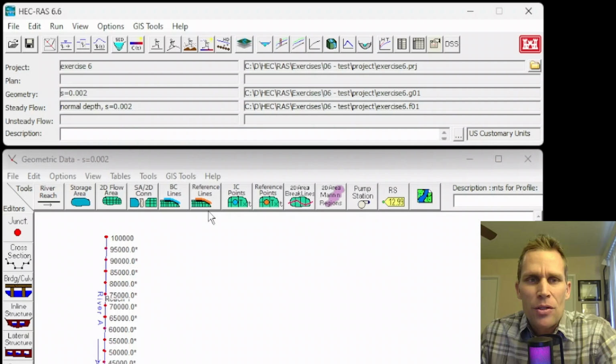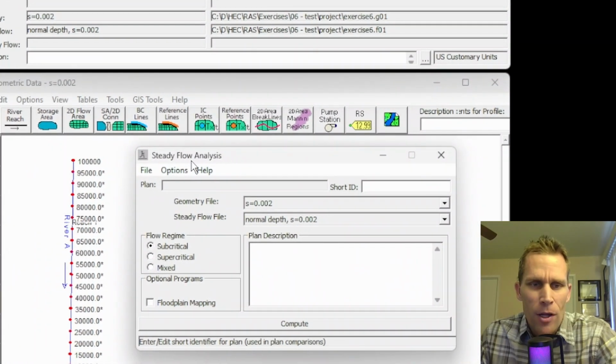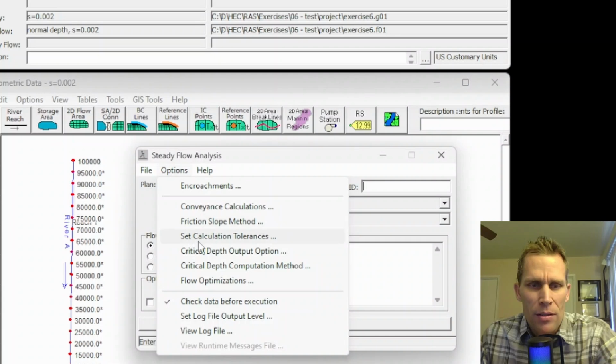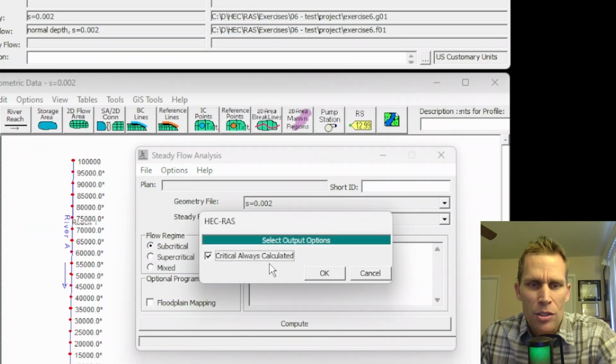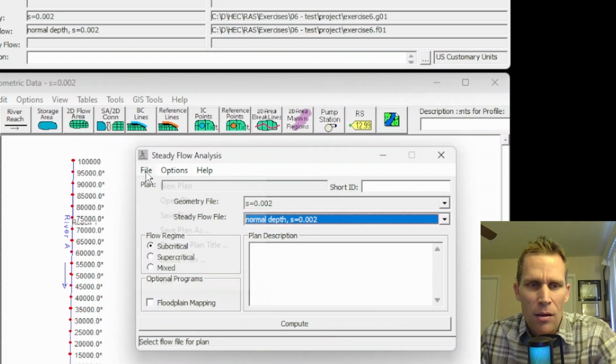Now I'm going to go ahead and actually run the simulation. So click on the steady state simulation, steady flow analysis. One thing I want to do is calculate the critical depth. So I'll check that checkbox on. And now with the geometry file and the steady flow file already selected, all I have to do is go